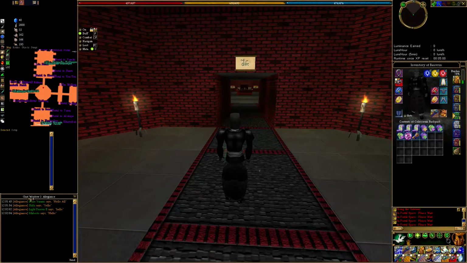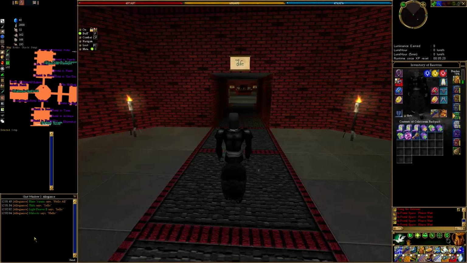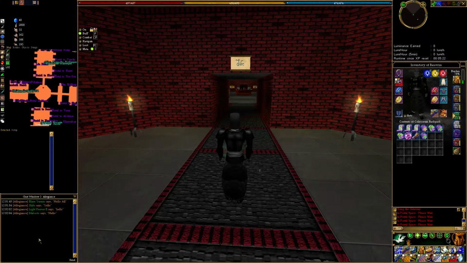I've got my allegiance chat down here. Now, this is just a built-in feature of Asheron's Call, but I have this filtered so it's just allegiance, tells, regular chat, and fellowship. So all of my important messages, maybe I'm in a dungeon fighting and it's frantic and I'm getting beat up a lot, the text always stays here. So if somebody says something important like, hey, after this fight we need to go somewhere, it'll stay in this window